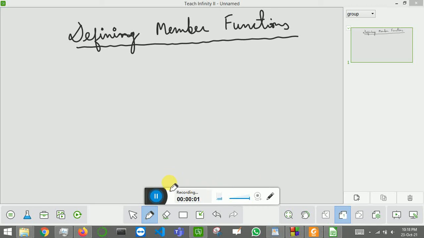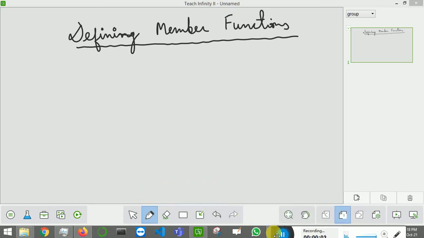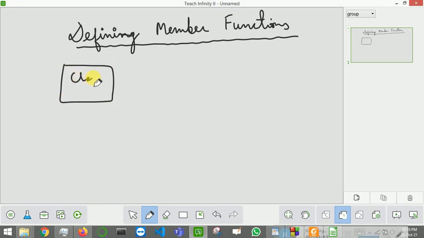In this video we are going to see about member functions. Up to now we have seen that there are three main parts of our code. The first part will be classes. Here you will be defining the class, and this is called class specification.